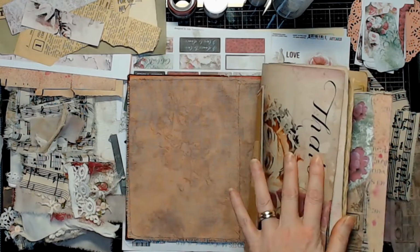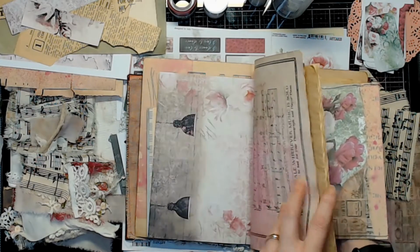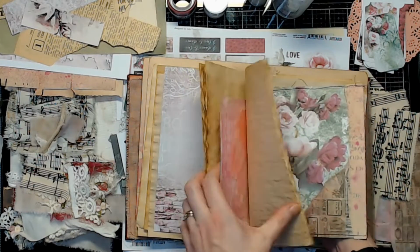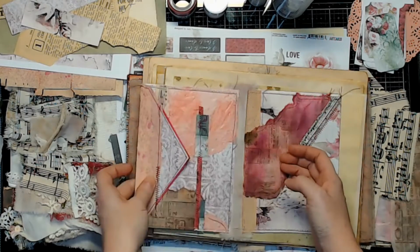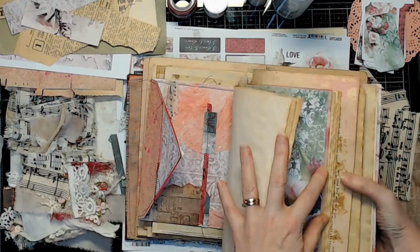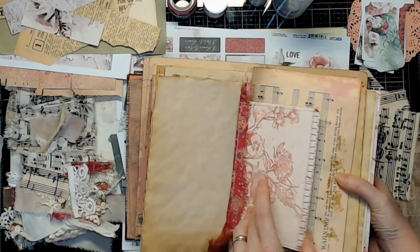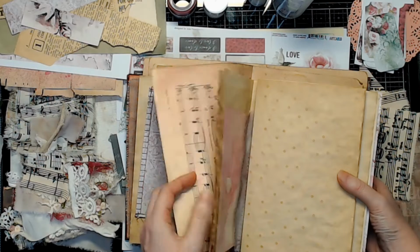There, I have already started my layering of what I want in my signatures. I have some tea-dye paper. I have already started cutting into this month's paper pack, the Carmen paper pack. And I just started stacking them up, trying to get them in order, trying to get an idea of what I wanted to do. I have some printables that I made,